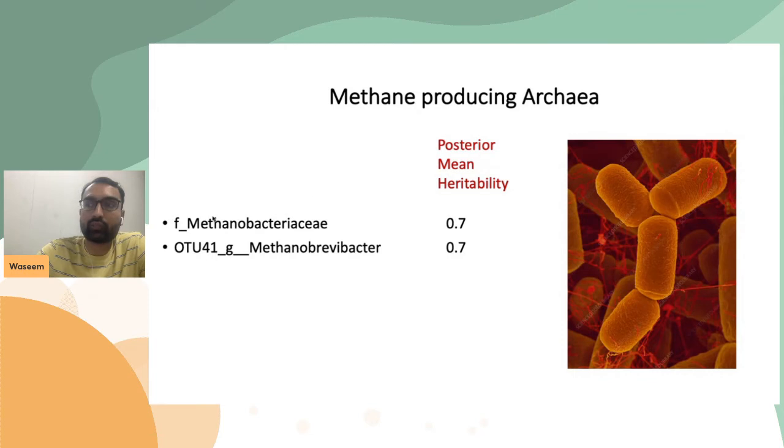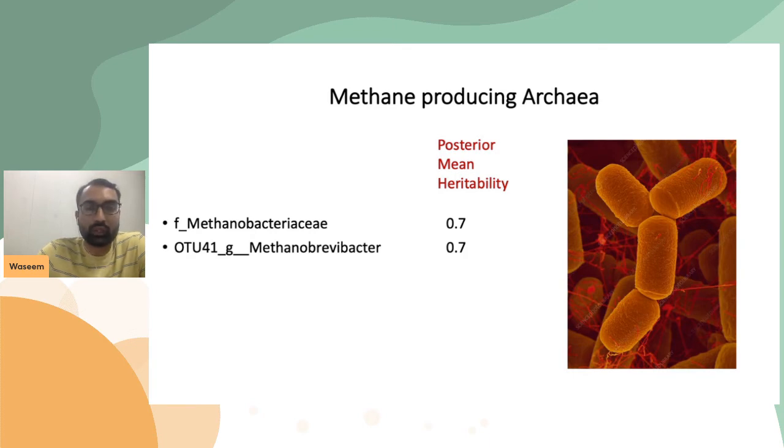We have this family Methanobacteriaceae, and a member of this family, OTU 41 Methanobacter, has really high heritability. These organisms are actually known as the methane producing organisms in cattle. As we know, with global warming and climate change, we want to mitigate the effect of methane. We want to produce and control methane. So it was really surprising that host genetics actually has an effect on this methane producing archaea in the human